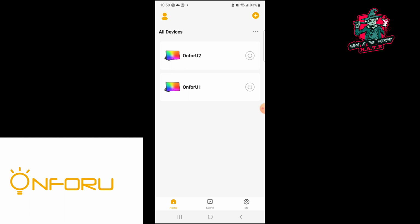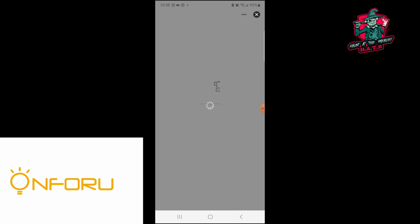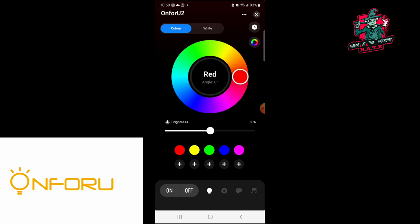Once you're in there, the app is extremely intuitive. We're going to open it up so you can see. I don't have the light on right now, but I just wanted to show you what's available. You have this color wheel where you can move around and go into different settings. You can also do the actual settings here. You can go into red, or you can go into yellow, or you can go into green, and the light